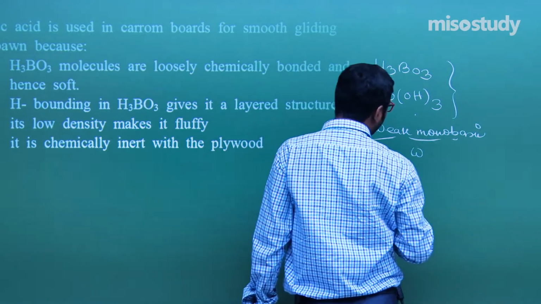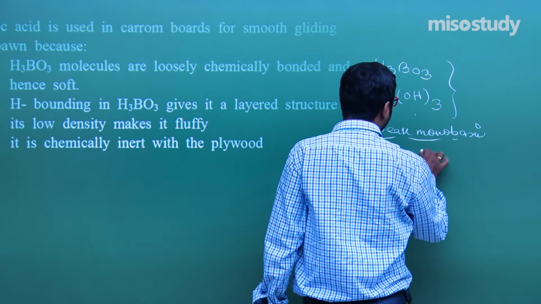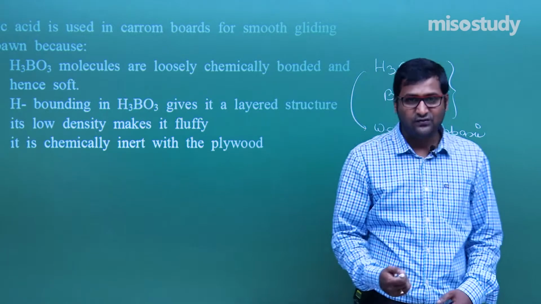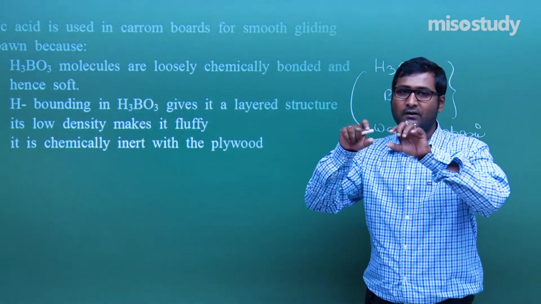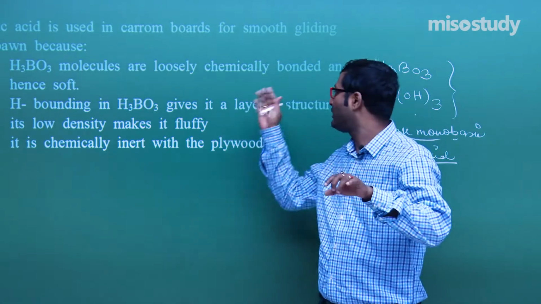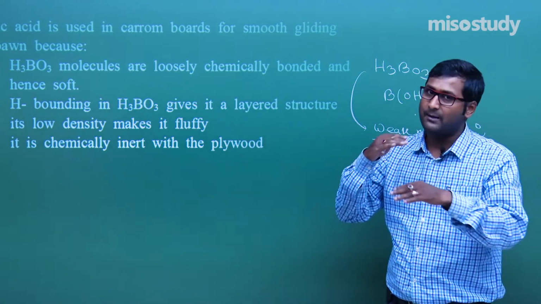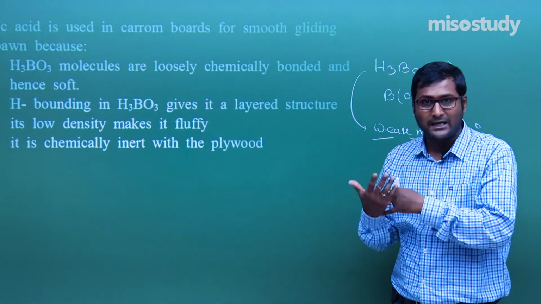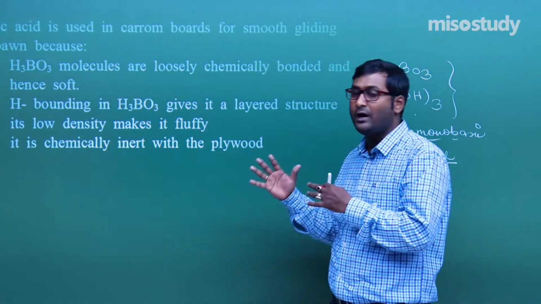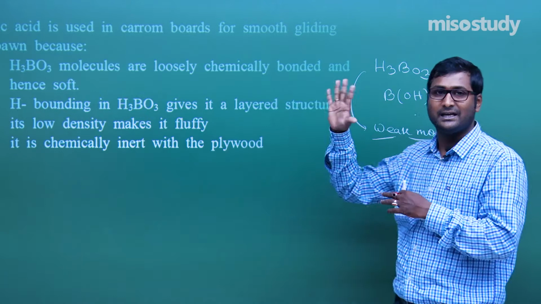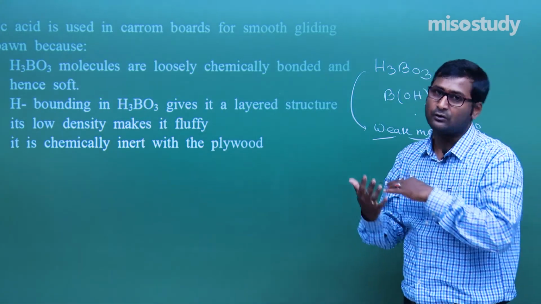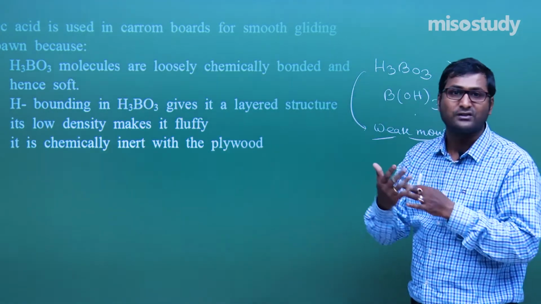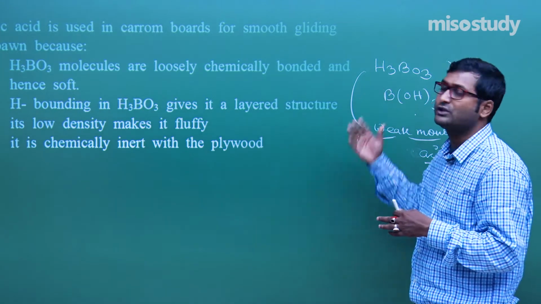And what is the reason behind it? There is a tendency of the formation of hydrogen bonding. So we can easily assume, if there is a hydrogen bonding, that the different molecules of boric acid will link with each other. And if they link with each other, as we know, H bond is strong but not so strong like ionic bond, covalent bond or coordinate bond. So in H3BO3 we know there is not van der Waals force of attraction, not dipole-dipole interaction, not London force, dispersion force. There is one type of force of attraction, that is the hydrogen bonding.